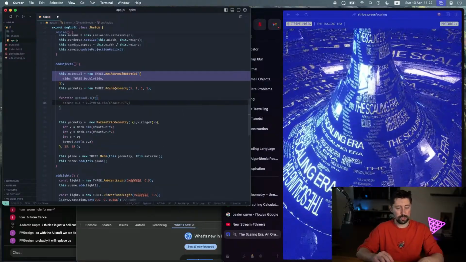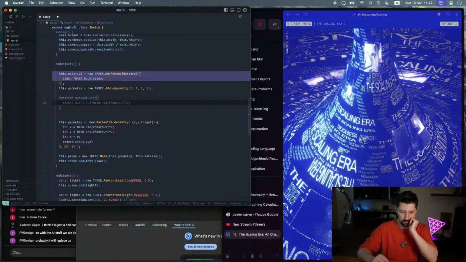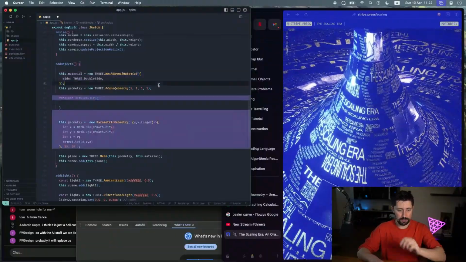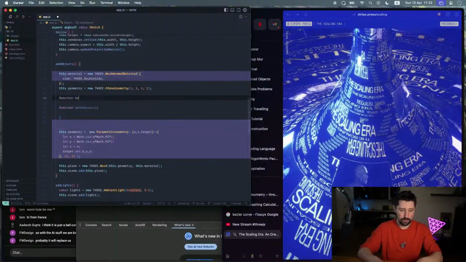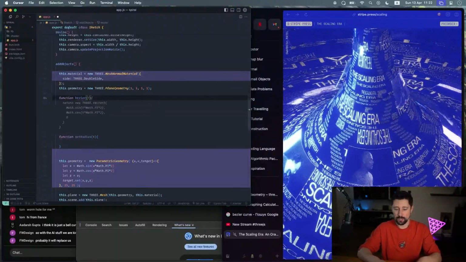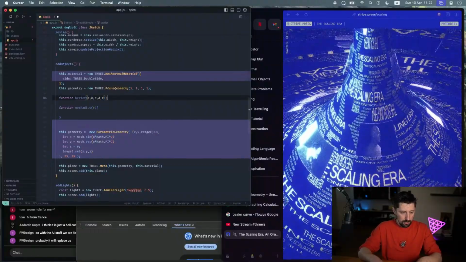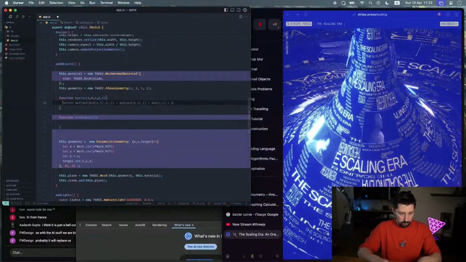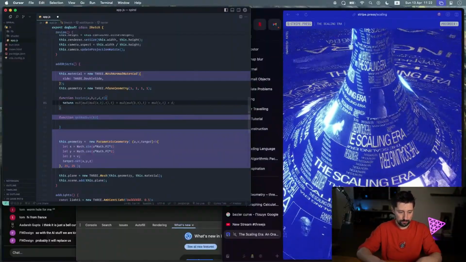And this one should return me the Bezier interpolation function. And I also want the clean Bezier interpolation function, Bezier. And this one should take A, B, C, D, T. And it's going to return